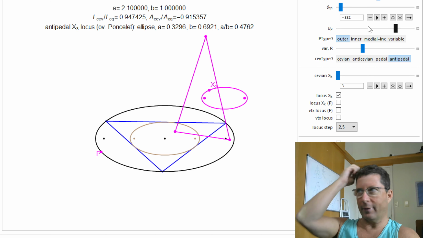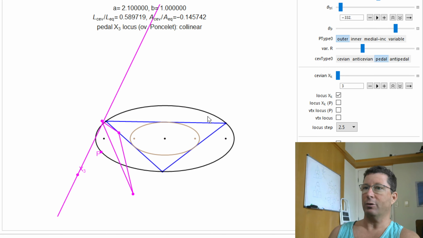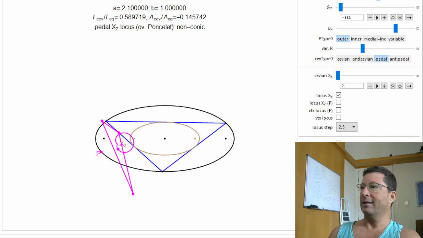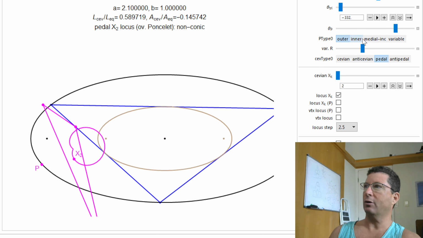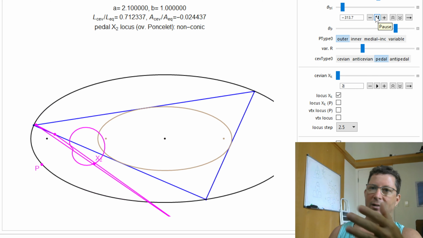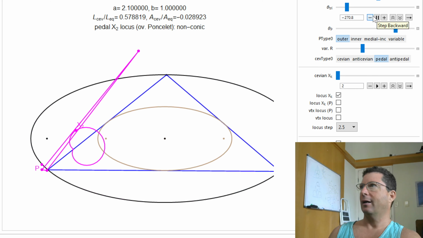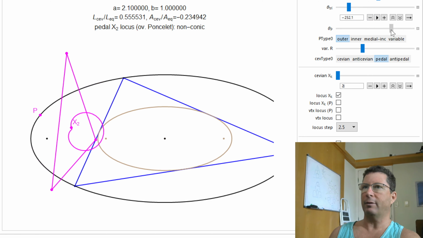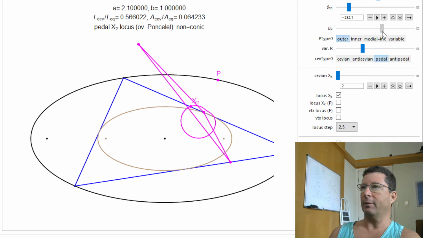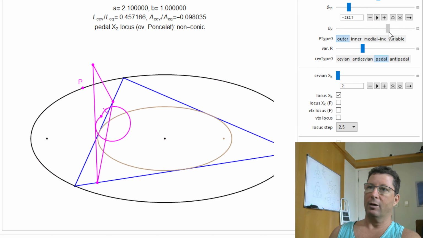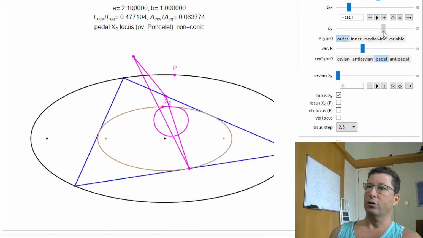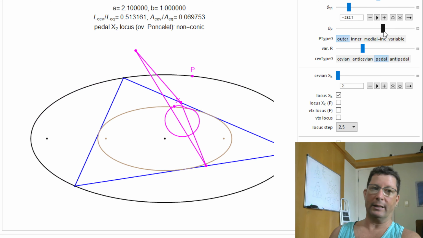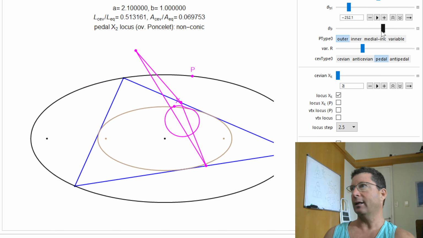Let me just make a quick parenthesis, go back to the pedal situation where x3 was a straight line. What is the barycenter doing here? It's actually not doing anything special, okay? So unless this is some interesting curve like a cardioid, but this is not a conic, right? So if I move P around, it could be that this is a family of cardioids, which would be a cool result in itself, right? So x2 in the pedal case is not sweeping out a conic, but in the antipedal case,